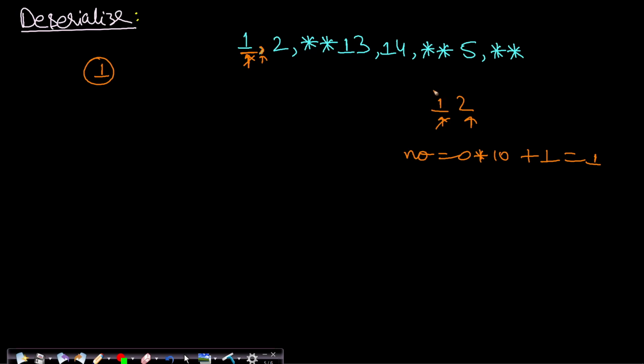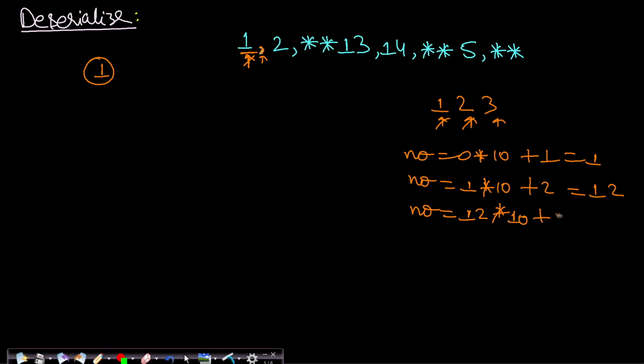So initially it was the 1's digit, and now it is the 10's digit, and this 2 is at the 1's digit. So we take the number again, multiply it by 10 and add the current digit to it. So this becomes 12, and this is how you can keep it growing, right? If you have 13 here, you go to the next one, take the number which was 12, left shift it by 1 digit. Left shifting by 1 digit is multiplying by the base of the number system, and then add 3 to it, and this will become 123.